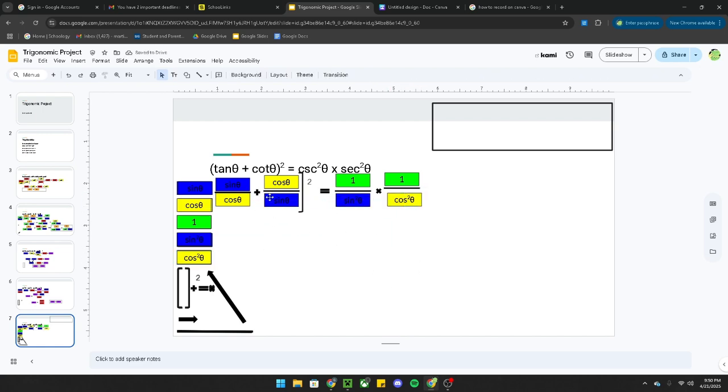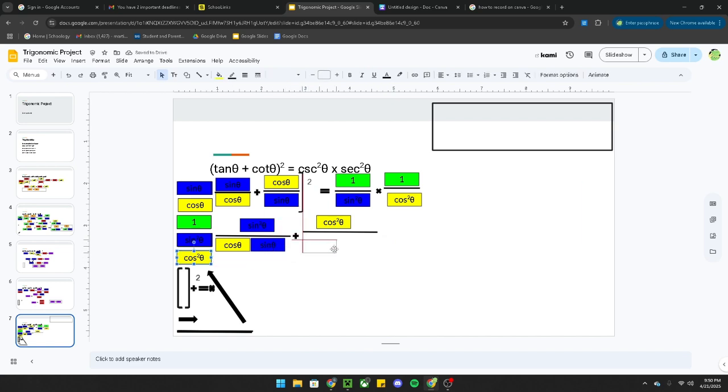Now, on the inside, you cannot really combine those quite yet. So what you have to do, multiply this side by sine, and multiply this by cosine so you get the same basis. So it would be sine squared over cosine times sine plus cosine squared over cosine times sine. And note, this whole equation is still squared right here,